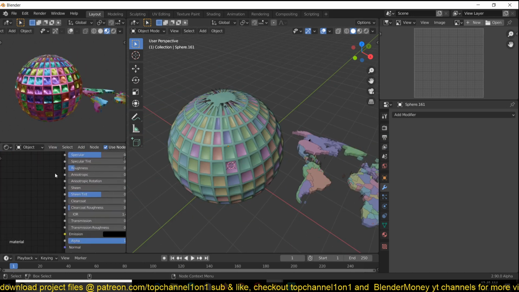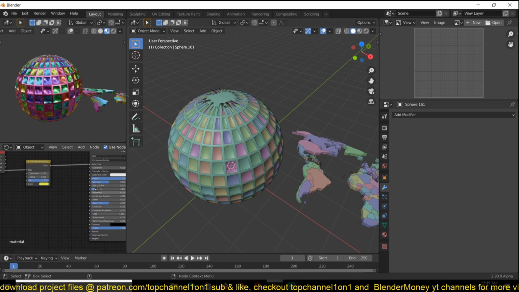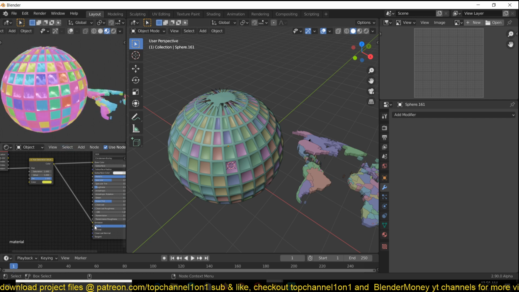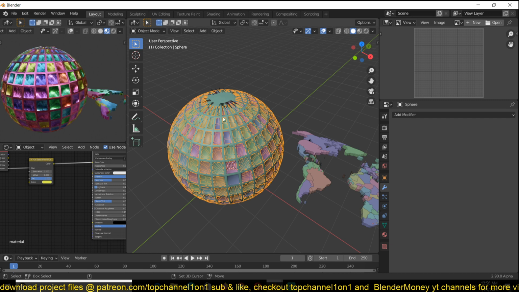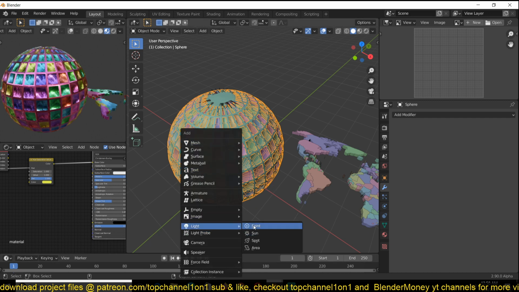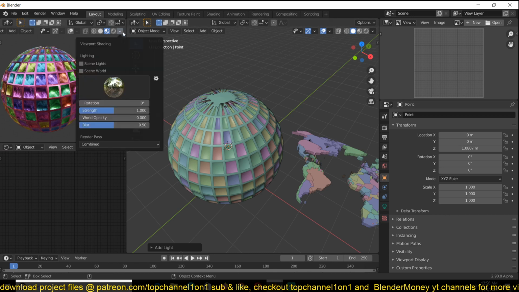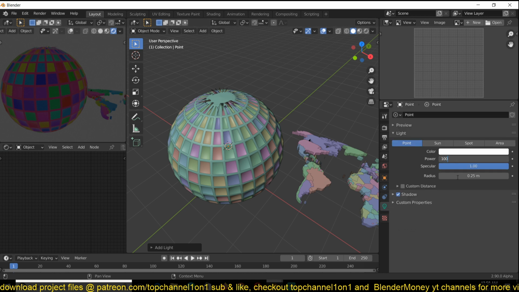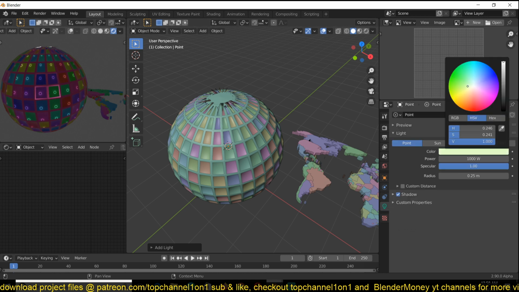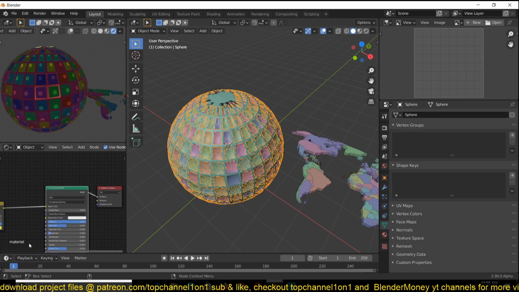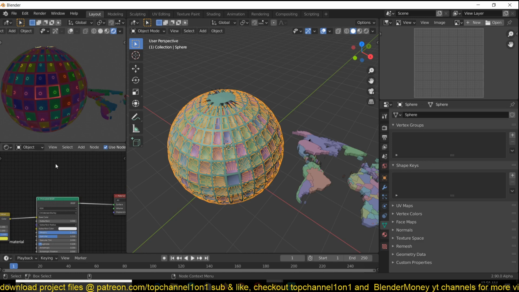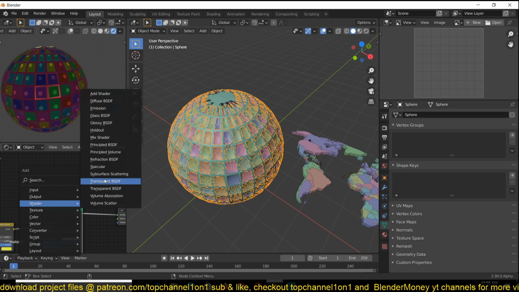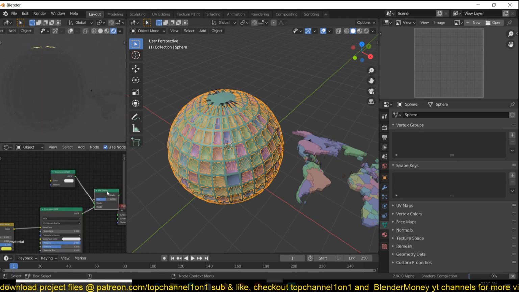If we get this translucent, let's see if we do this emission. Okay, emission doesn't seem to work very well. If I add a point lamp inside here, let me turn on lights here, make it very bright, and just blend this principled shader with a translucent shader. I'm just experimenting here, so not sure.